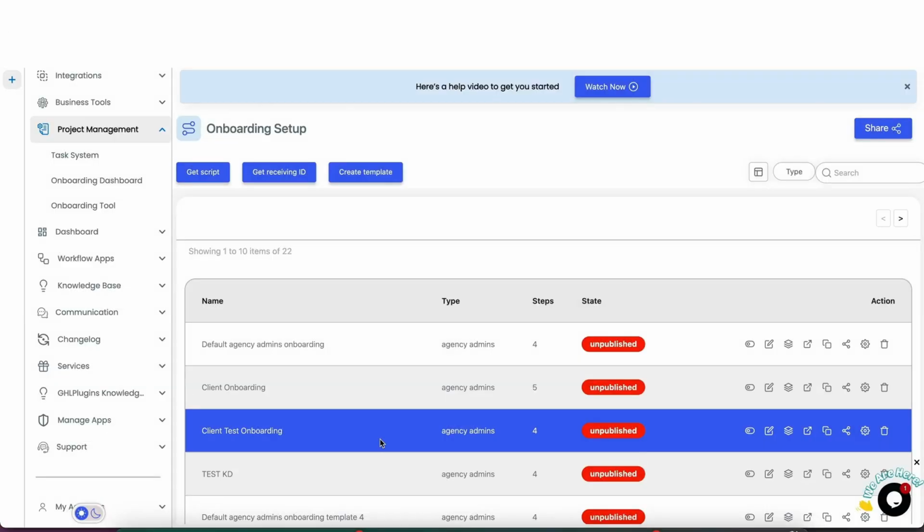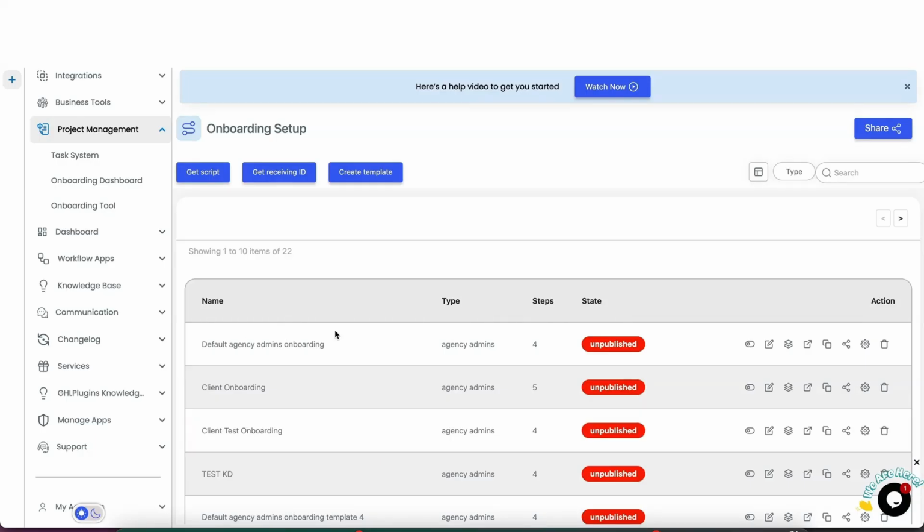Hello, in this chapter, we'll go step by step through the onboarding tool, the engine that lets you set up and manage the onboarding process for your clients and the agencies. Here we have two types of onboarding tools, which are the client onboarding tool and the agency onboarding tool. The client onboarding tool can be viewed only by the client, and the agency onboarding tool is viewed only by